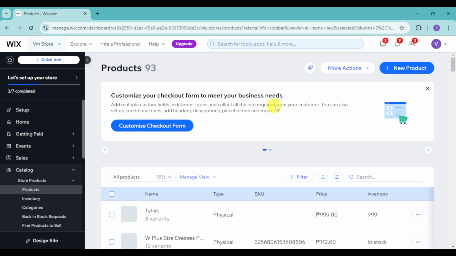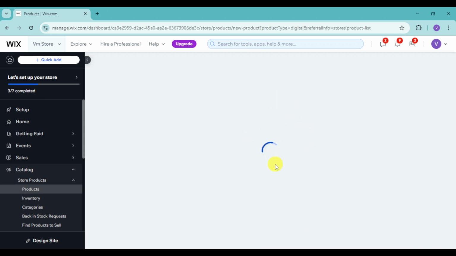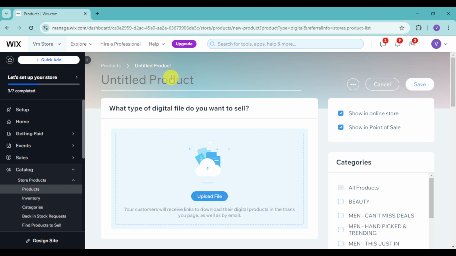So for this one, let's head over and click on this new product option and click on this digital file in order to make this a digital product. From in there, it should show you the actual form that you need to fill up in order to sell your product right here. So let's put in here and rename it. I'll put in here my butterfly artwork,